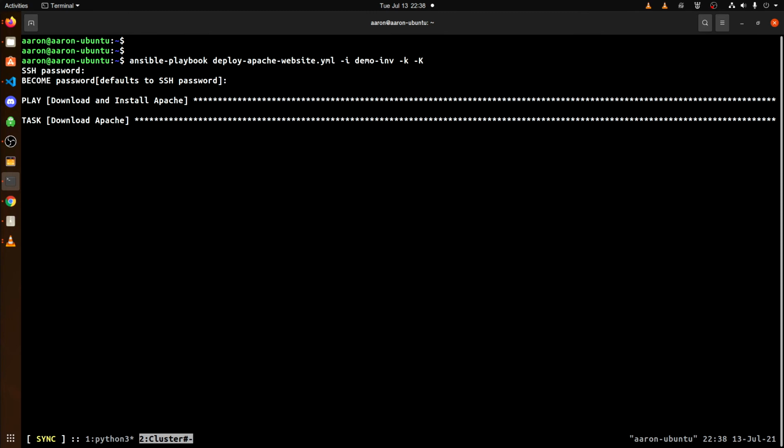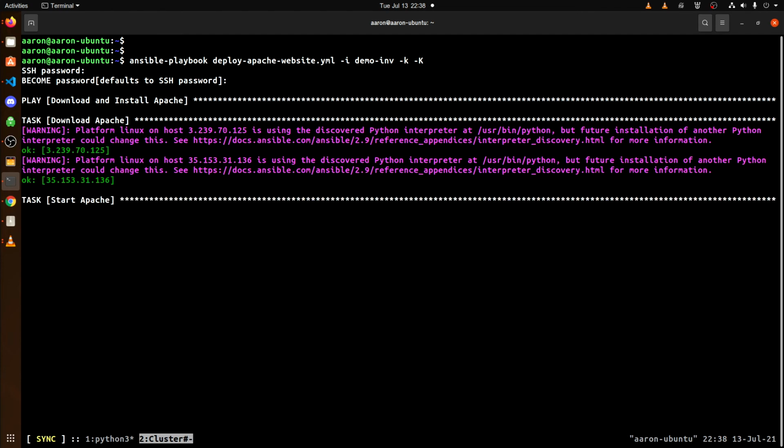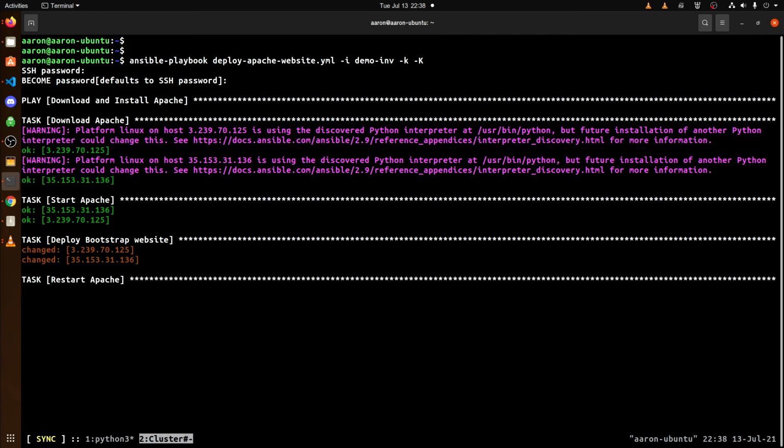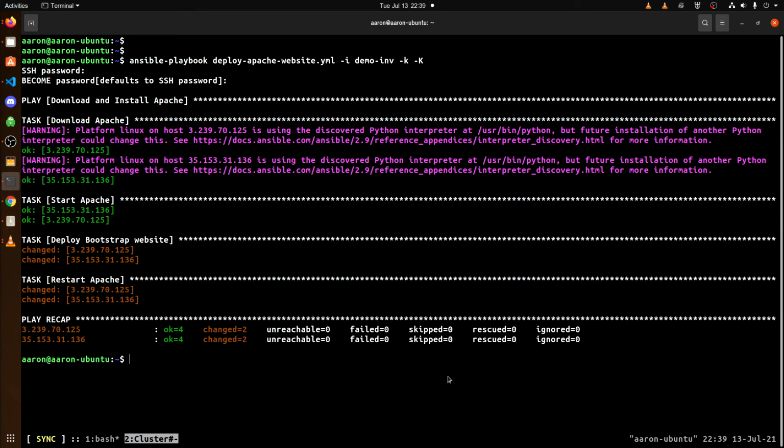And so it's going to run through the 2 steps from earlier, which is download and install Apache. Those should be pretty quick, obviously, it's already in place. The step here, deploy the Bootstrap. So this is taking our website files, or our web files, from our local machine up to these web servers. And then this fourth and final task is restarting the Apache services. And so that should be completed right now. Yep, perfect. And yeah, this is exactly what we want to see